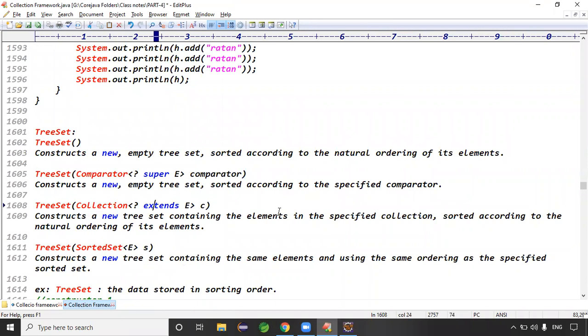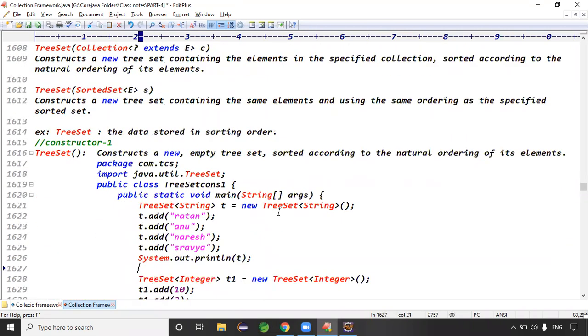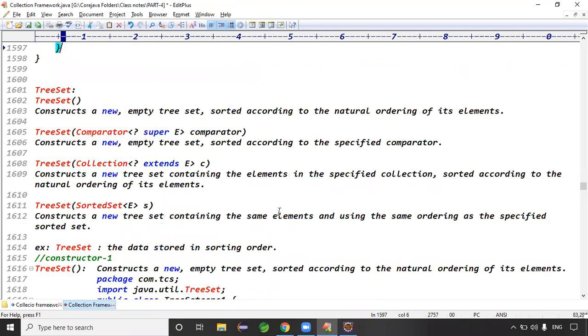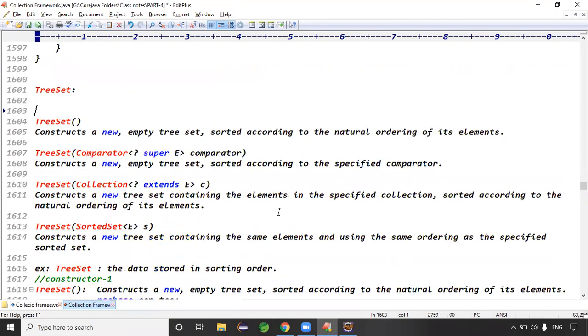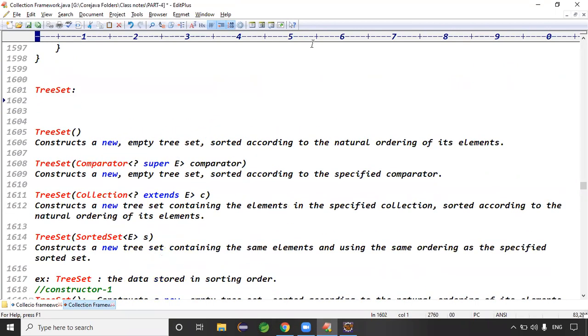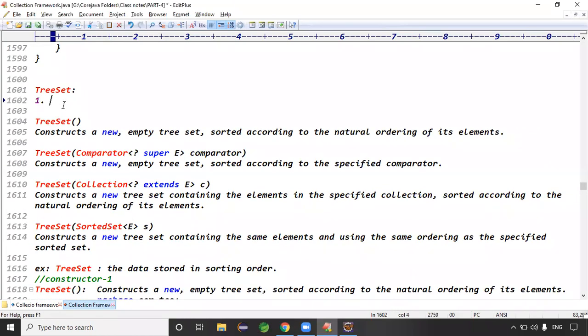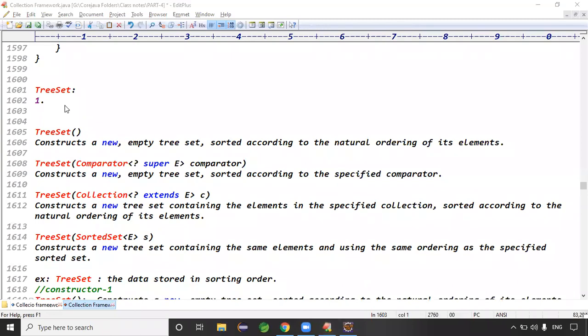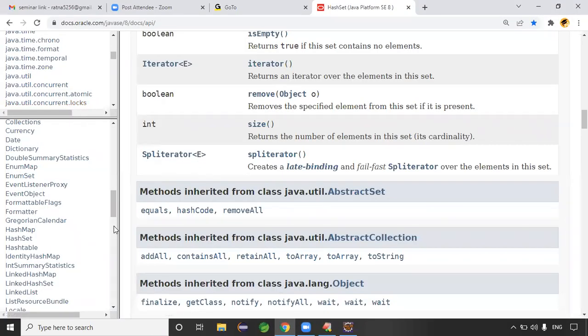Hello? Guys, TreeMap contains how many constructors? That's my question. Anyone speak? Anyone speak? So it's four constructors. What are the four constructors? The same constructors are present in